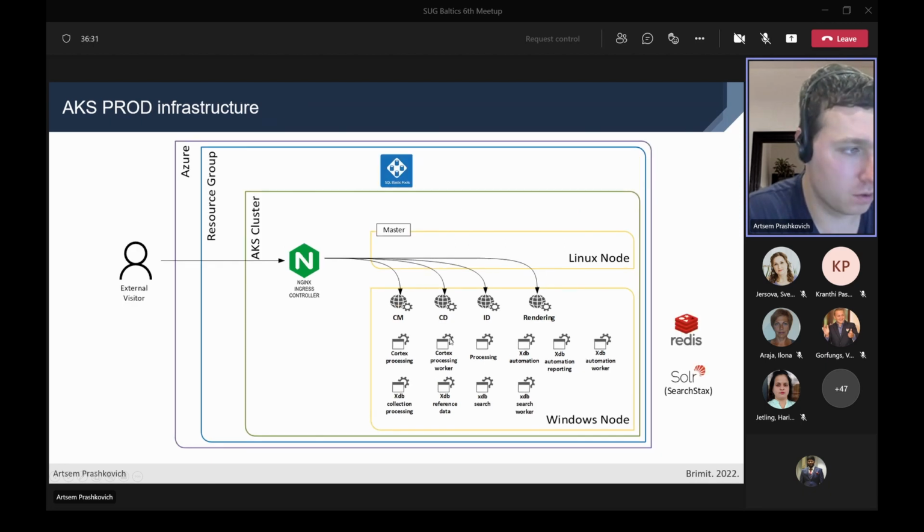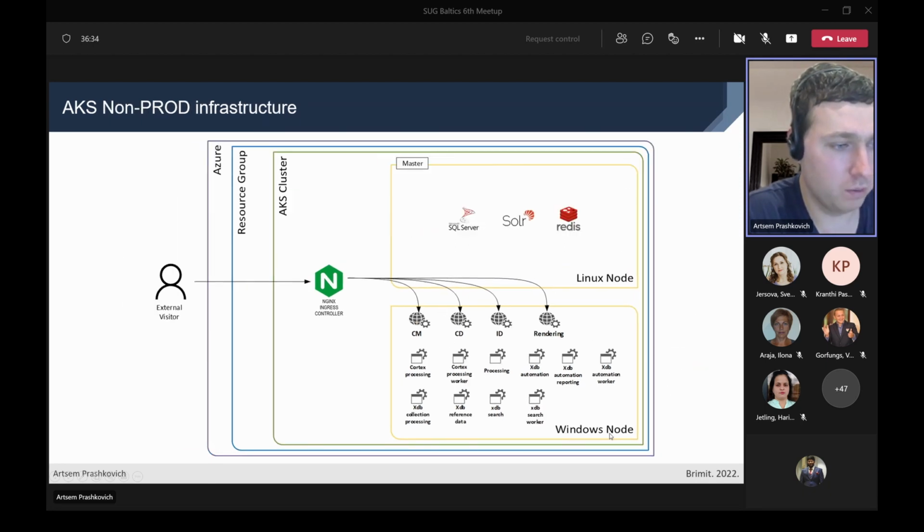non-production infrastructure. So if you look at the Windows node, and all Sitecore stuff can be run only on a Windows node, we can see CM, CD, identity server, rendering, and the rest of the infrastructure pieces here, but in AKS terms, each is called a pod. Each icon here is a pod, and each pod that should communicate with outside resources, outside traffic,